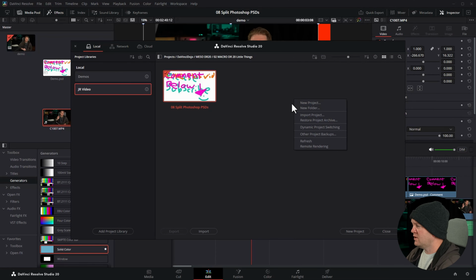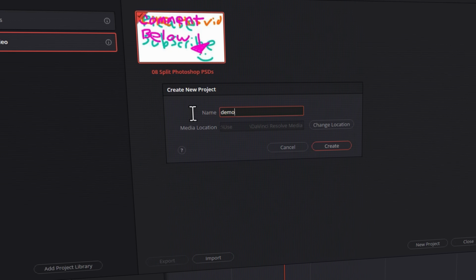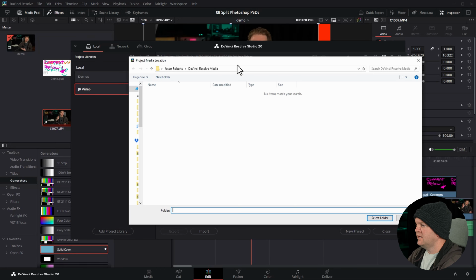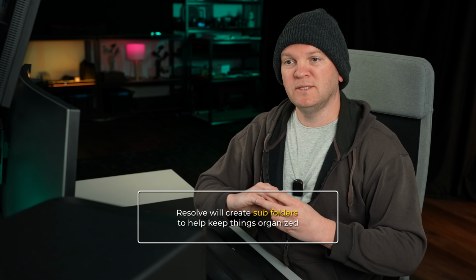One new DaVinci Resolve 20 feature is that when you create a project, you now get the option to specify an additional file path. We'll right-click here and choose New Project. Just call this Demo. It will always put in this default media location, but you might want to change that by clicking Change Location. Here's the default folder, but if you use this for every project, that means that every